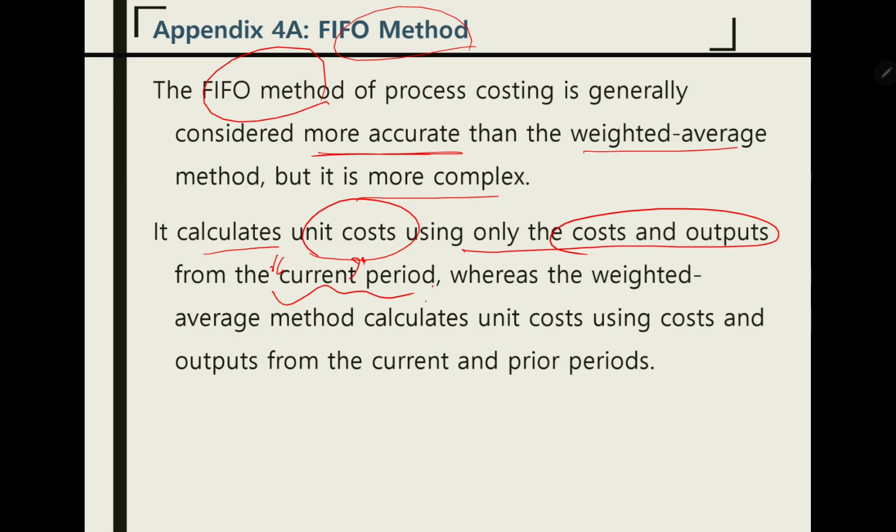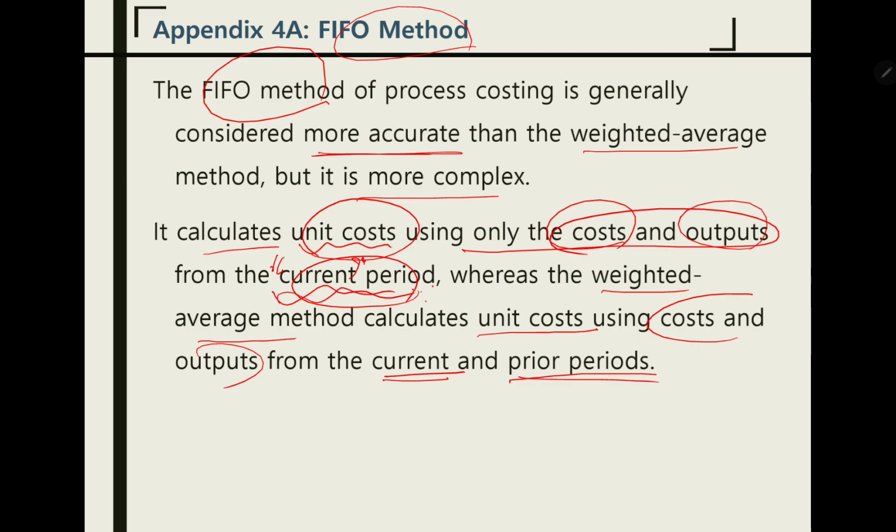On the other hand, the weighted average method calculates unit cost using cost and output from the current and prior period, right? So the FIFO method uses only the cost and outputs from the current period to calculate the unit cost. On the other hand, remember that the weighted average method blends the cost and outputs from the current and prior period. Why? Because